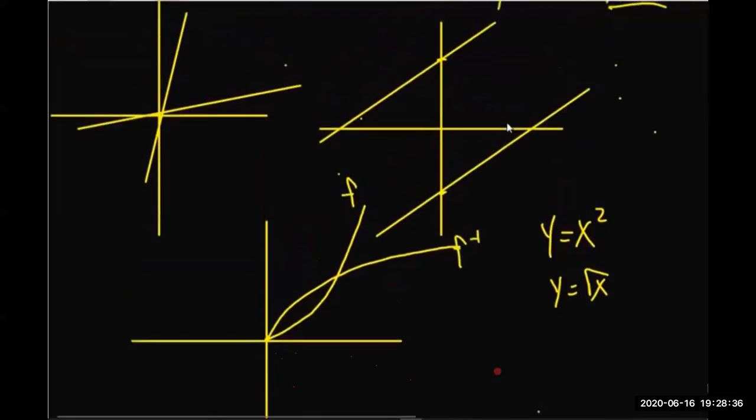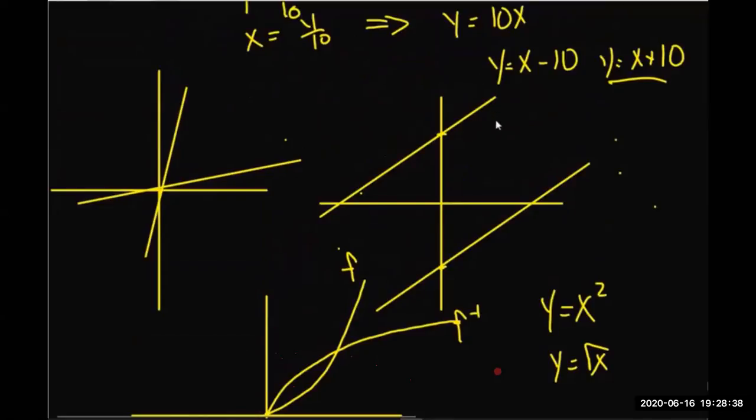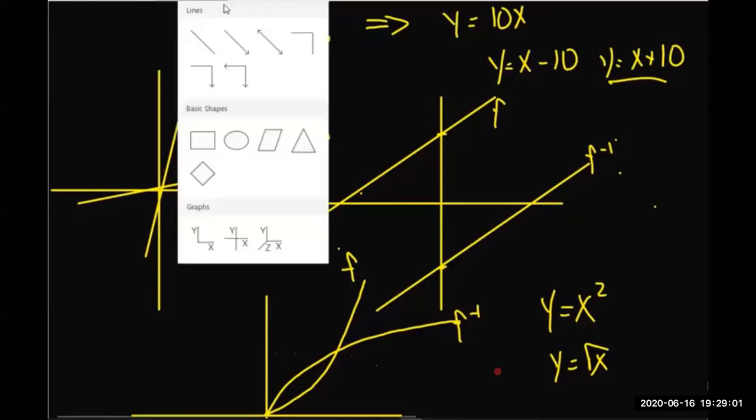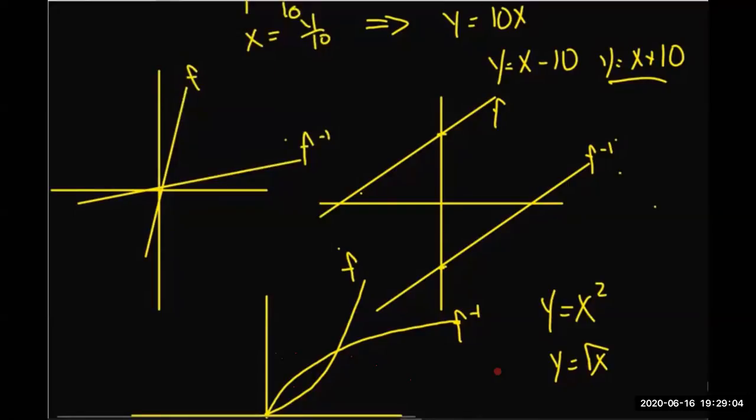Okay, and then over here, we also had the function and its inverse. And over here, we also had a function and its inverse. So there's a pattern here. We can see a way to visualize what the inverse of a function is going to look like. So let's see, what are we talking about here? So we're talking about that